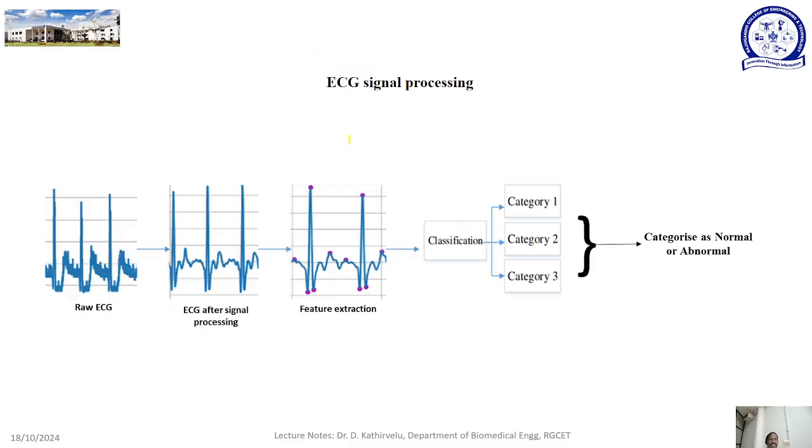So what are the various steps in ECG signal processing? We get a raw ECG. As we discussed earlier, there are a lot of challenges in acquiring an ECG. ECG is always prone to have artifacts and noises within it. There are various sources of noise we have already discussed. It is about the motion artifacts, the environmental factors, and the improper placement of electrodes which can disturb